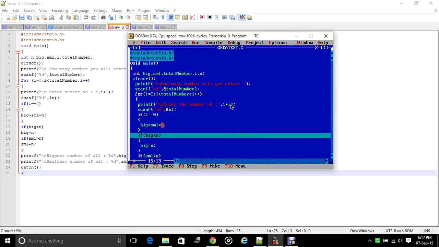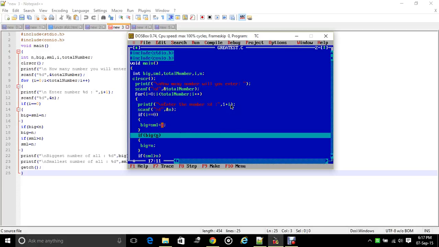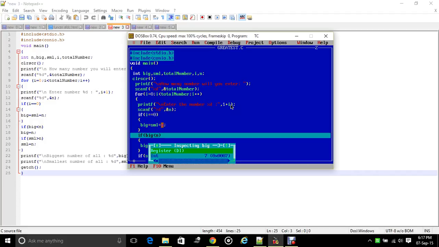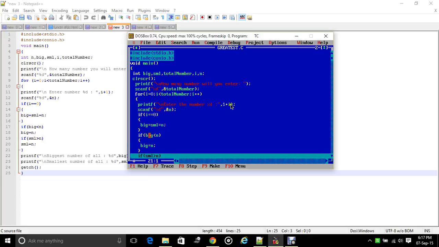Okay, and now it will check if 7 less than 7, and seeing the value by pressing on the variable alt F4, the value we will see. So 7 less than 7, condition false, it will not go here.